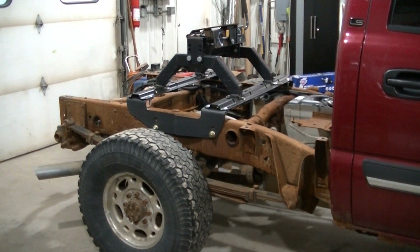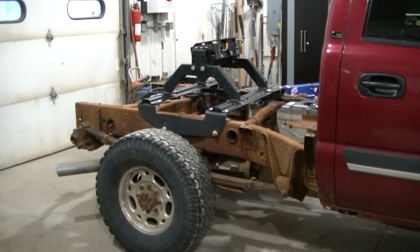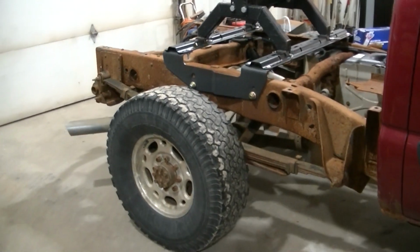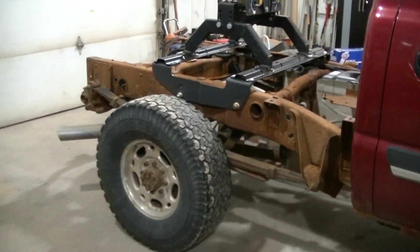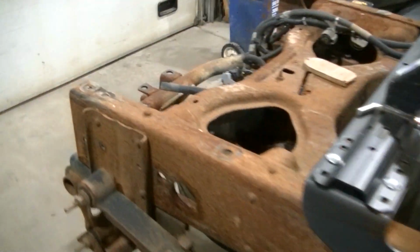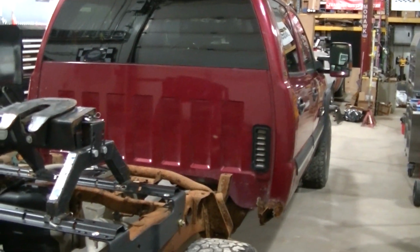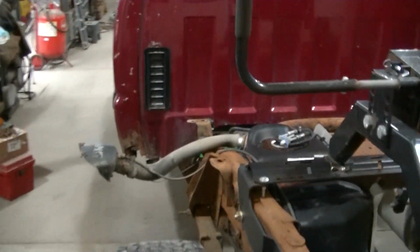I got some ideas rolling around in my head. I've always got ideas rolling around in my head, but I think I could build something really neat. And being it would be a dually, I think it would look really cool. The short bed dually, I think it'd look neat. But yeah, that's kind of what I'd like to do, guys. I mean, if I could do something with it. Problem is I don't have unlimited funds. So